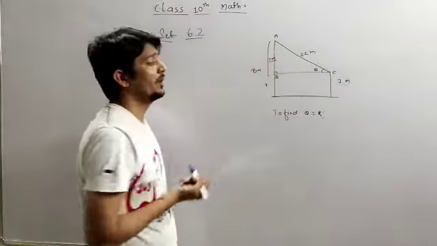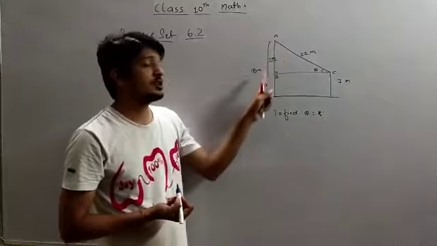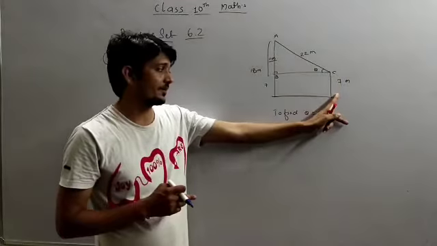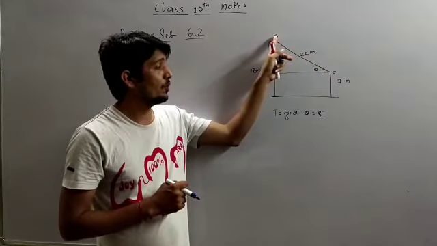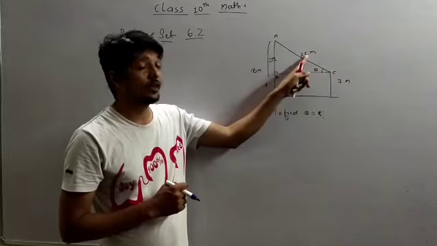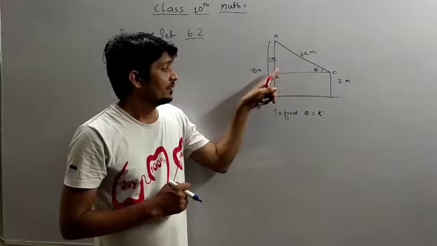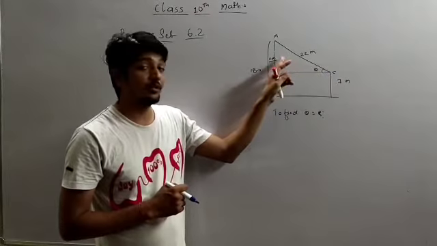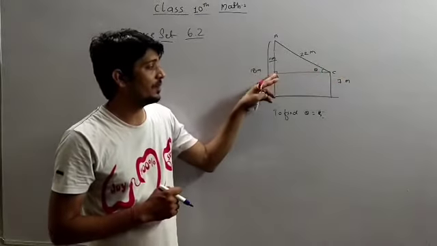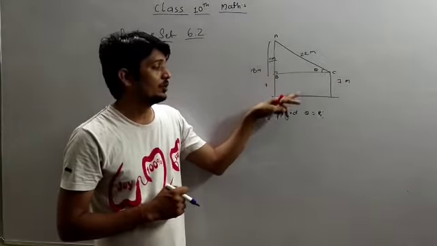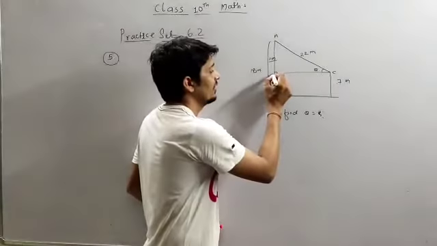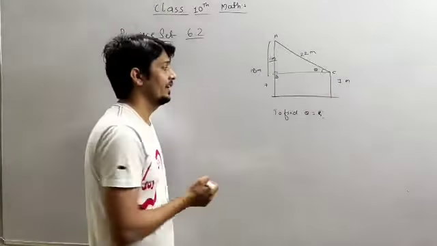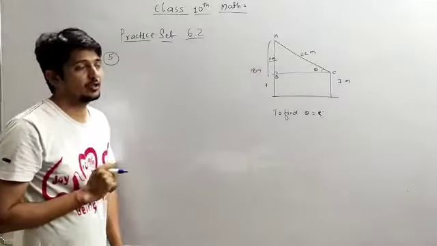So we can apply the trigonometric ratio here. This is the first pole which has a height of 18 meter. This is the second pole which has a height of 7 meter. And the wire which is fenced from the top of the first pole to the second pole is 22 meter long. Then we have to draw this line, because we have to form a triangle over here. So we drew a line from C to B which is parallel to the earth surface. That means this is the horizontal line and this is the vertical line, so this angle is 90 degree.